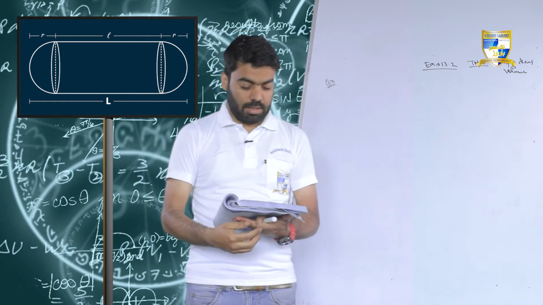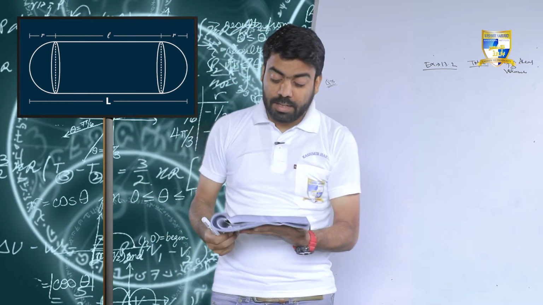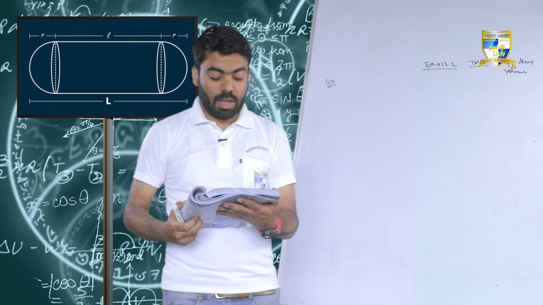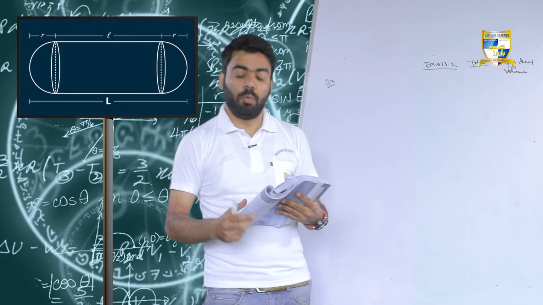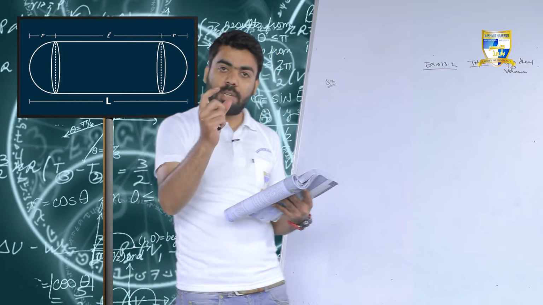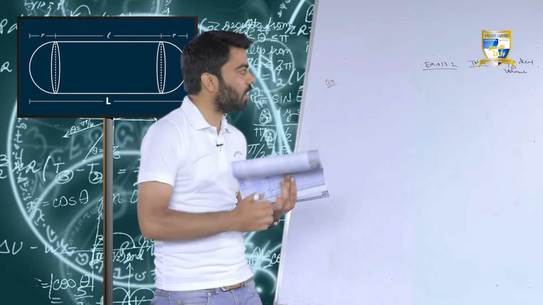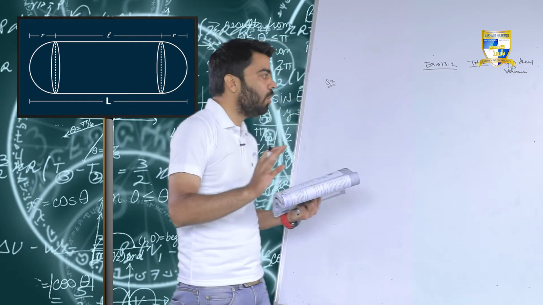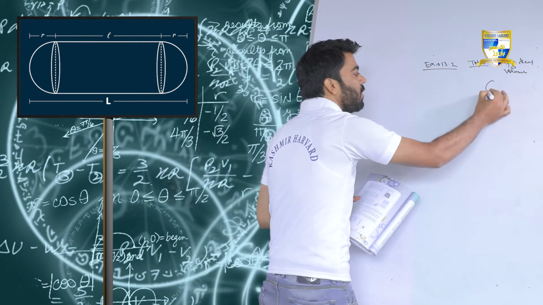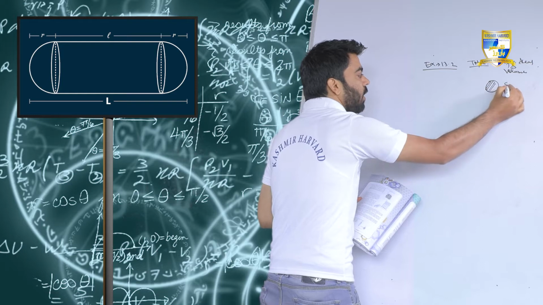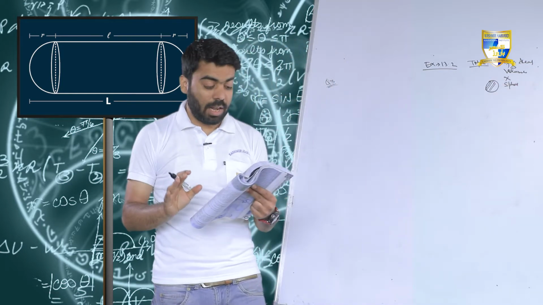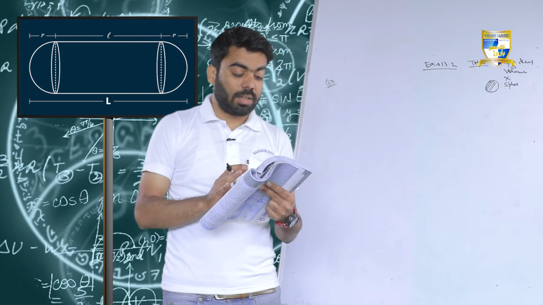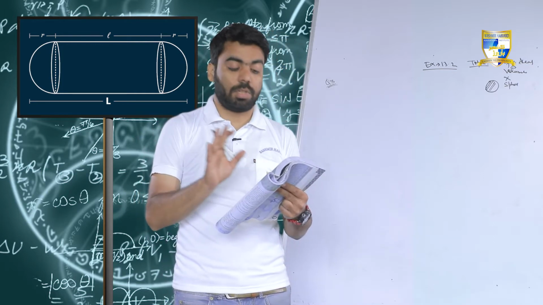The question is like this. A gulab jamun contains sugar syrup up to about 30% of its volume. A gulab jamun is a sweet, we all know. Practically, we know that the gulab jamun is in the shape of a sphere, right? But in the question, it is not a sphere. It contains sugar syrup up to 30% of volume.